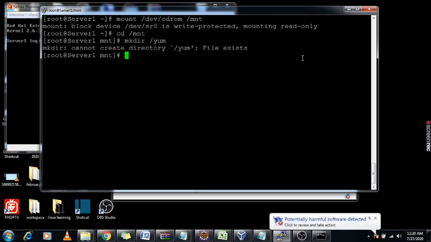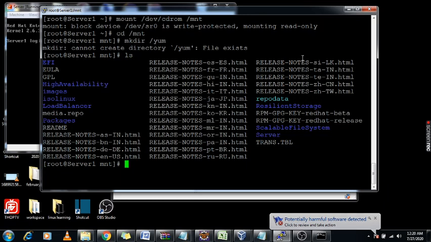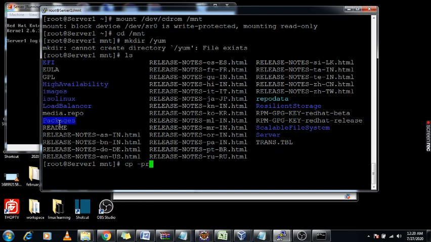The directory is already present. Under this mnt I can see the packages folder is there, so I am copying this directory under /yum. Now this packages folder is copying under this /yum directory, and under this directory all the RPM packages are available.